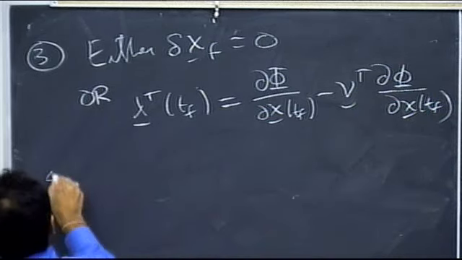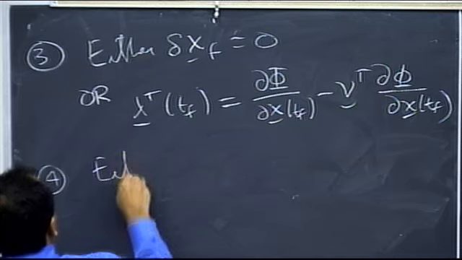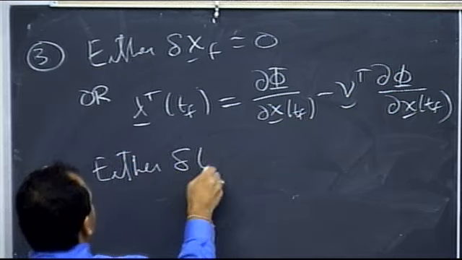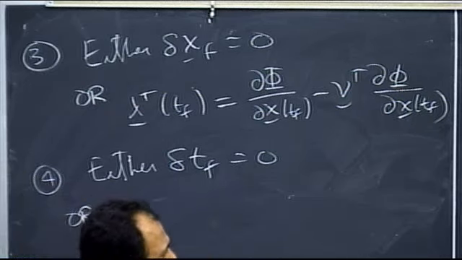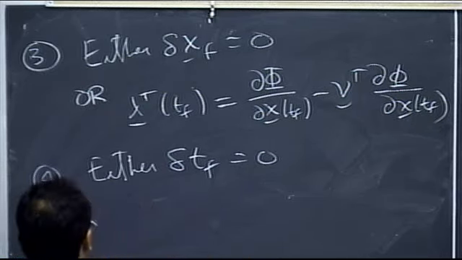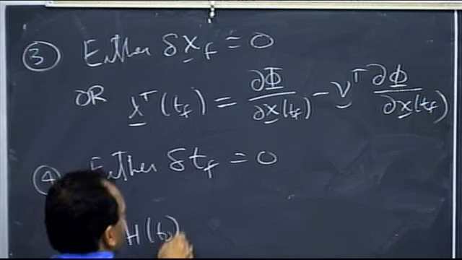And then 4, it says either the variation in Tf is 0 or, and then we get that last condition over there, which is that h at T0 is equal to